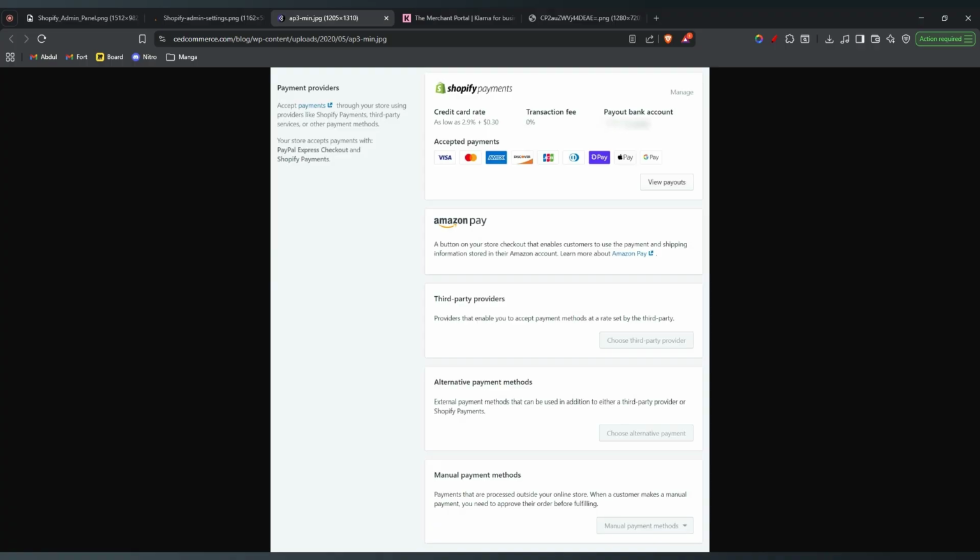But if Klarna is not available through Shopify Payments in your country, you can add it as a third-party provider by clicking on add payment methods. You can see right here third-party providers, and you can go ahead and choose the third-party provider, and then you can search for Klarna here. You may need to create a Klarna merchant account